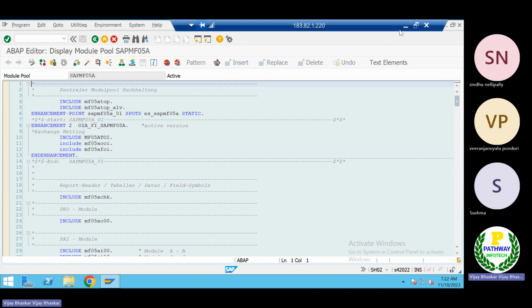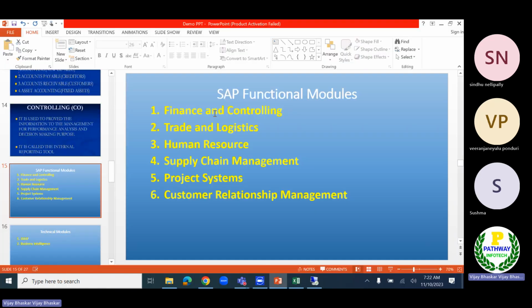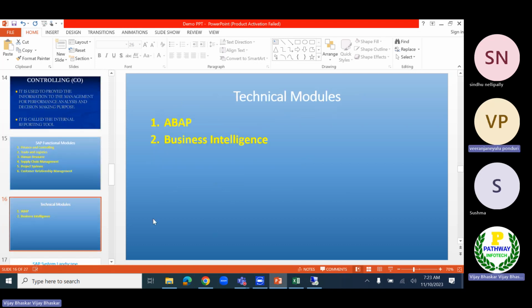So in order to run the functionality, there must be backend code here. The functional people, the finance people, will decide how to feed the information and what information is to be entered in the screen. But in order to run that functionality successfully, the technical people need to write a program or build a logic in the backend system.